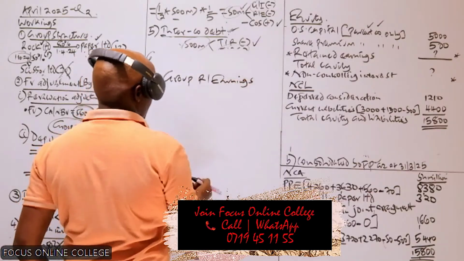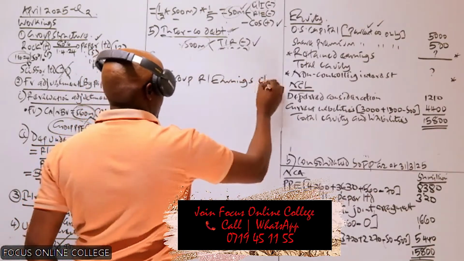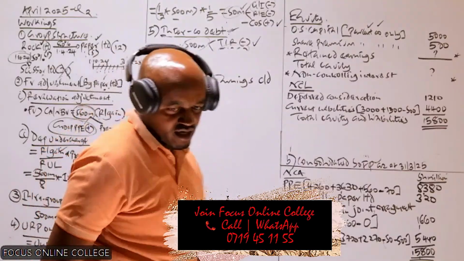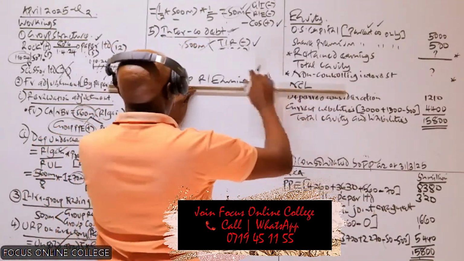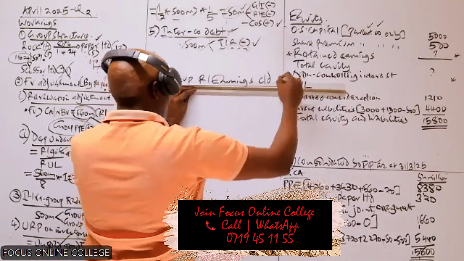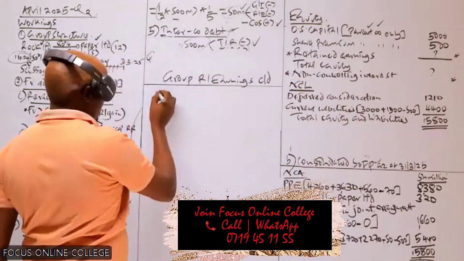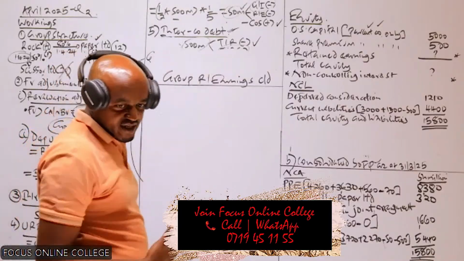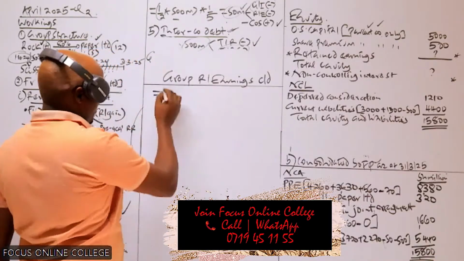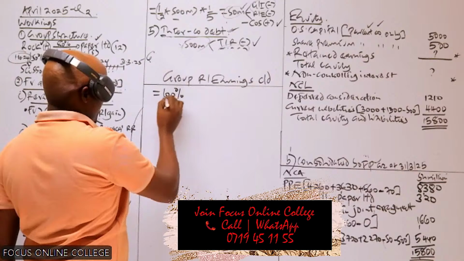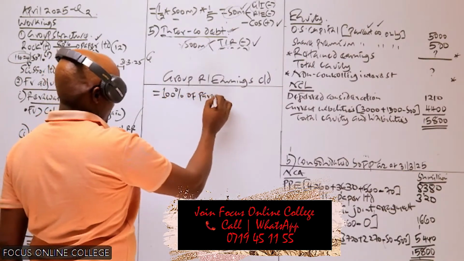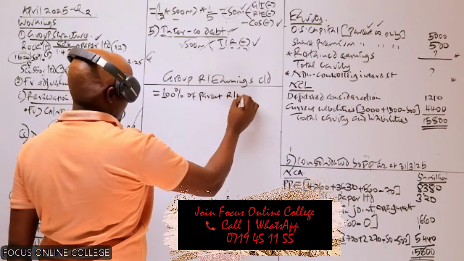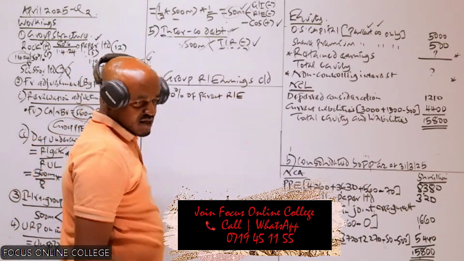The group retained earnings at the end of the year, that is carried down. So how do we compute this one? The first thing maybe you need to remember is the formula. This one is computed by taking 100% of the parent company retained earnings plus